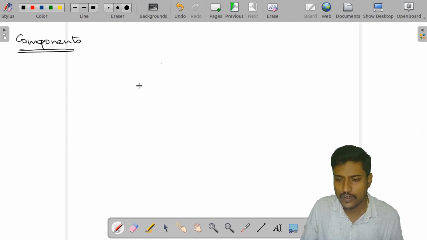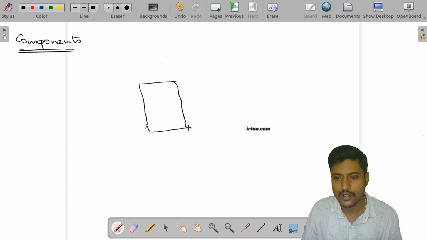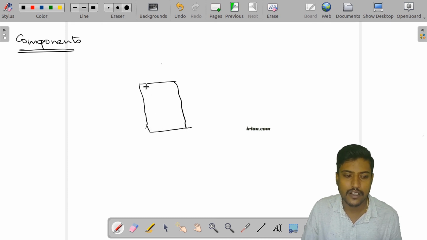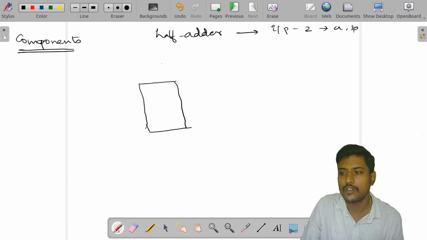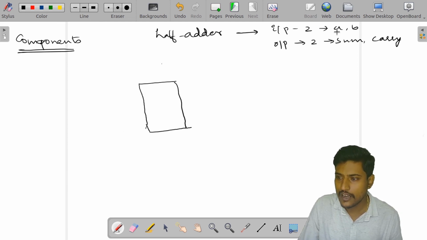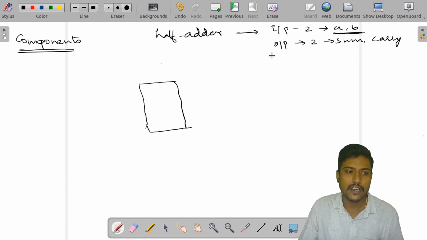Okay. So, let me take a module, let me take a block. In this particular block, let us try to evaluate a half adder. For a half adder, how many inputs are there? Inputs are 2 and they are going to be A and B. And how many outputs? Again outputs are 2, those are going to be sum and carry. Okay. So, here as we said, I need to generate input.